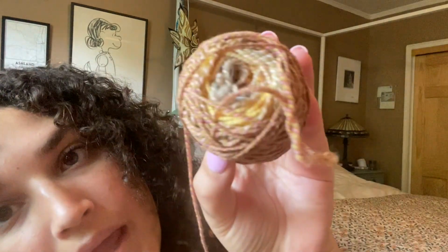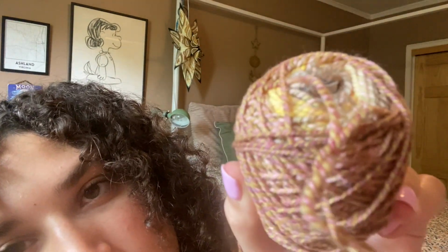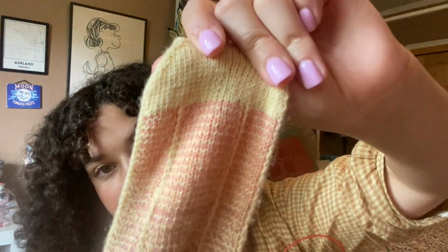And Spin Cycle dyed in the wool in the color Fuzzy Navel, which I haven't seen since last summer them selling, but it's full of pinks and yellows, and I actually used it in my Shifty sweater that I made earlier this year, and this is some of my leftover. So yeah, it's a color changing yarn. I'm sure you've seen Spin Cycle. And I'm kind of referring to these as like my pink lemonade socks because, well,